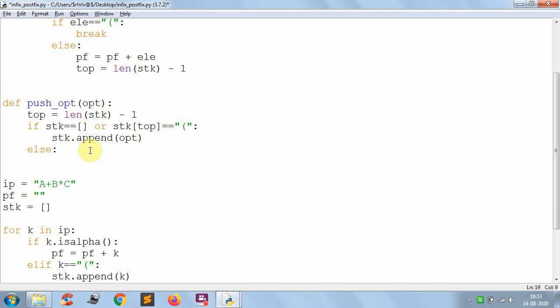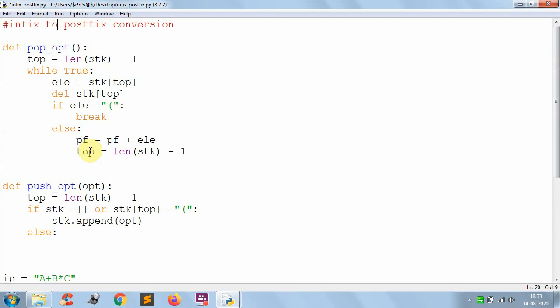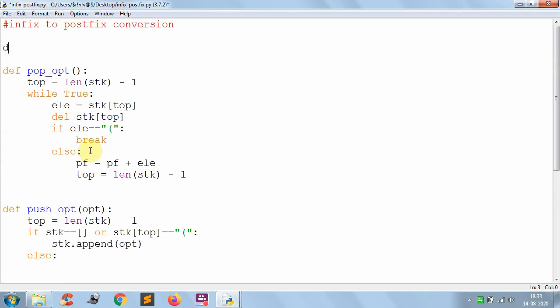Otherwise, if this condition has failed, means if the stack already has some elements or the topmost element is not a left parenthesis, then what do we have to do? Now here you have to think about the priority of the operators. So before that, just define the priorities for the operators here. Def, create one function priority.